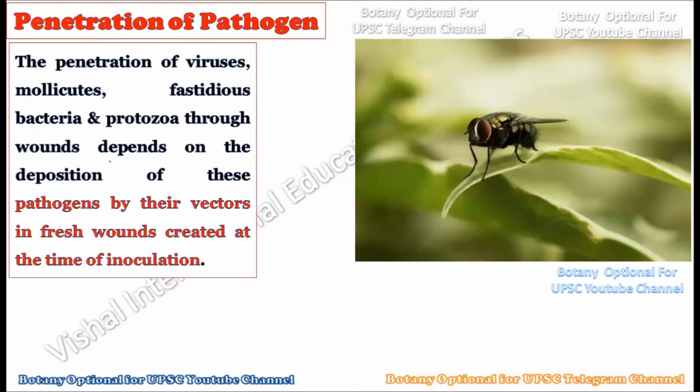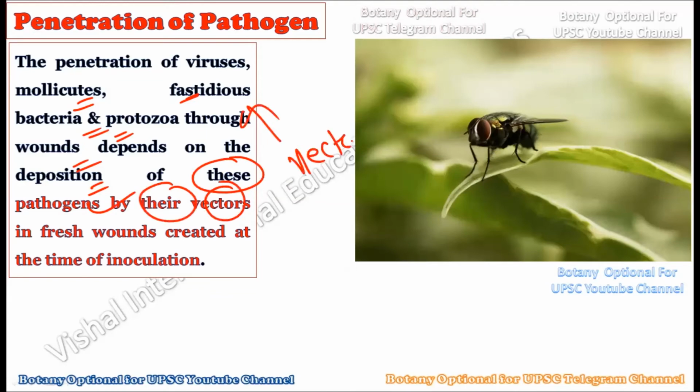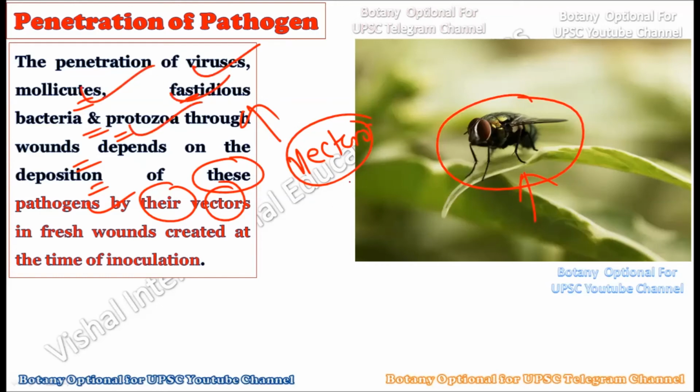Now the penetration of the viruses or the molecules, the fastidious bacteria and the protozoa through the wounds will depend on the deposition of these pathogens by their vectors. We have discussed in the previous slide that in this case the vectors are required. You know, many insects are there which can be helpful for transferring these particular viruses, molecules, fastidious bacteria or the protozoa to